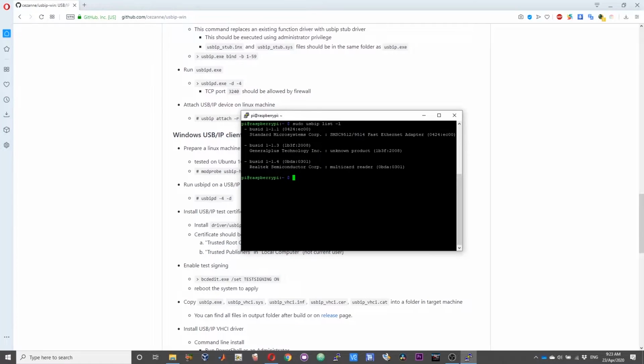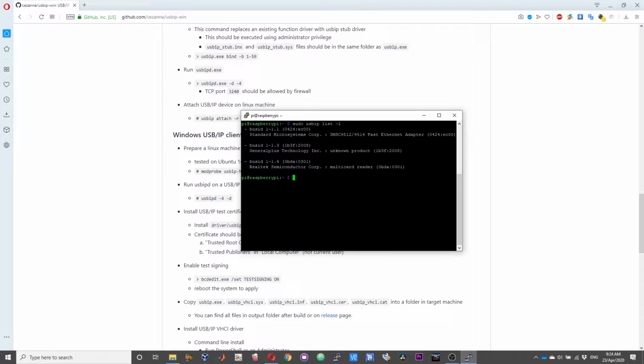Three devices have been listed in my case. The first one is the onboard USB bus chip of the Pi, and these two are the devices that I have attached to the USB ports. The first one is a USB DAC which contains the microphone and the speaker, and the second one is a multi-card reader that I have attached. If you attach a number of other devices, your devices will get listed somewhat like this.